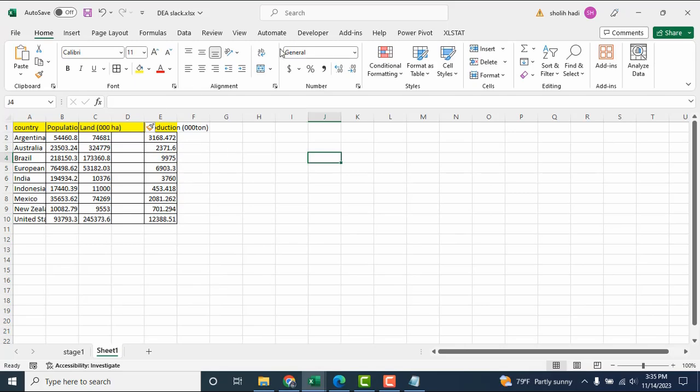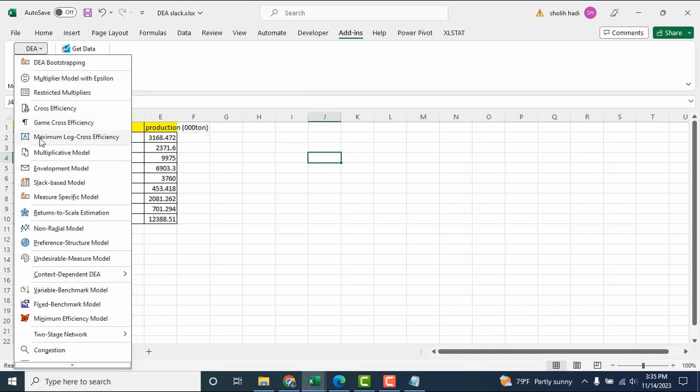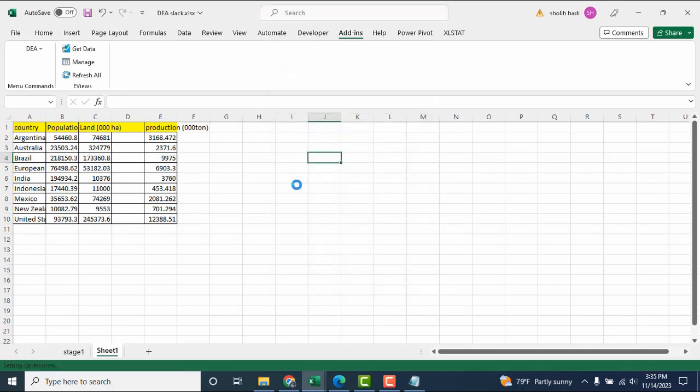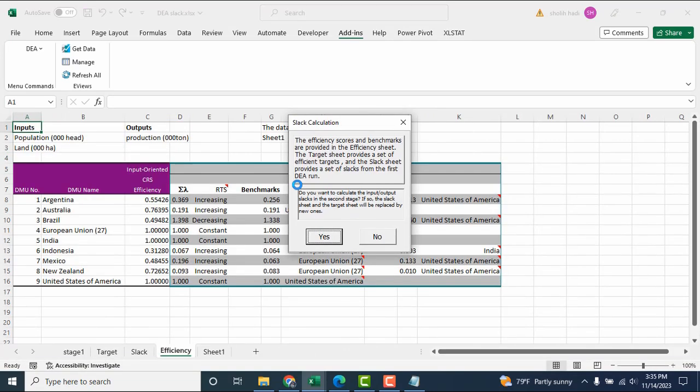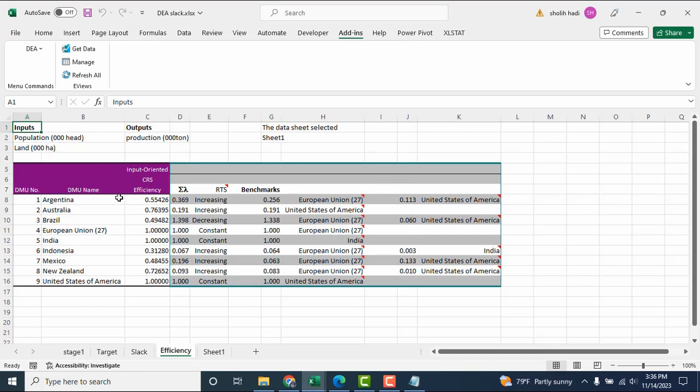Okay. And then we click Add-in and the DEA envelope model, and then Sheet 1, input oriented and CRS, and click OK. Yes. Okay, we already get the result.